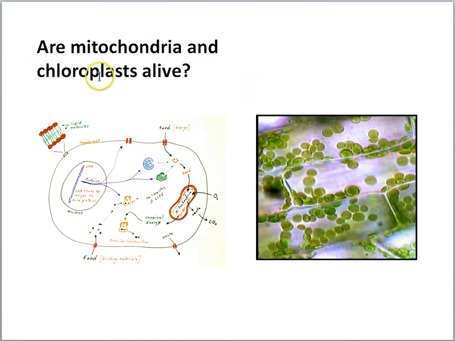Are mitochondria and chloroplasts alive? After all, if they both had ancestors that were free-living bacteria, shouldn't we think of them as being alive within the larger cell? Now, you recall that in our cell unit, we made the claim that the whole cell is alive, but none of the parts of the cell are alive. So here, do we have an exception to this? Is the mitochondria alive? Are these chloroplasts alive? And the answer biologists would give to this is no.